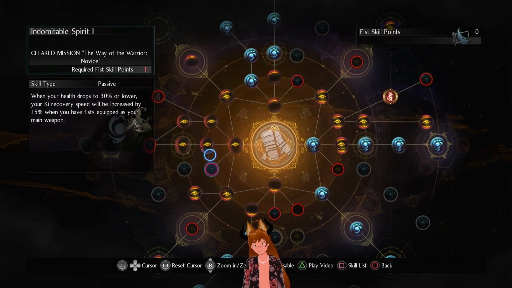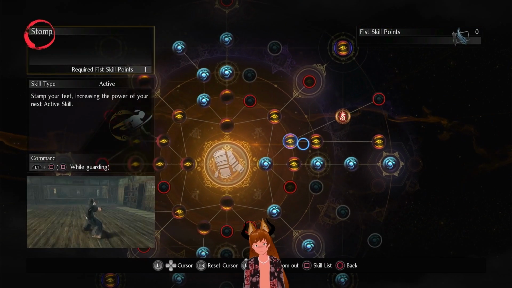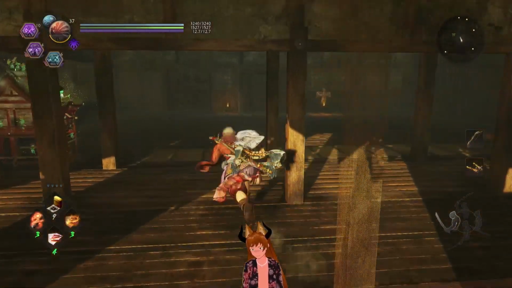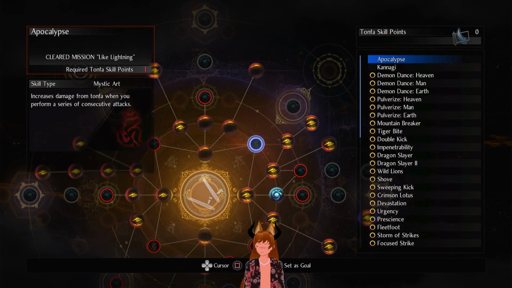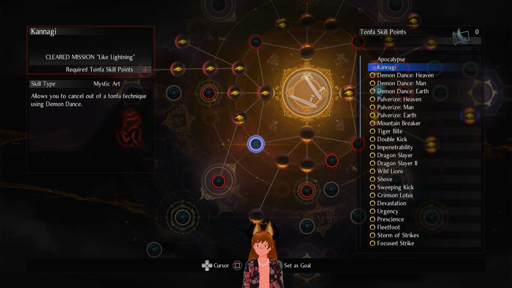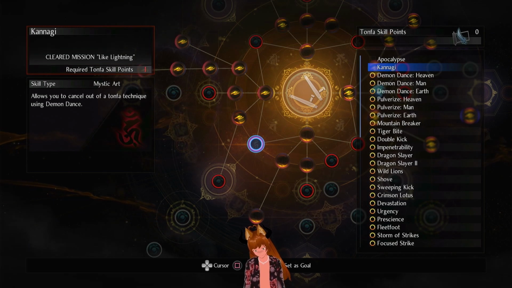But yeah, it is odd, because the Fists also have stuff like their power-ups and buffs that you get from doing combos that increase your attack. So the Tonfa's skill mastery over here, Apocalypse specifically, while it is very powerful, if you want something like that, you should go to the Fist. However, Tonfa do have this other one, which is Kananagi,